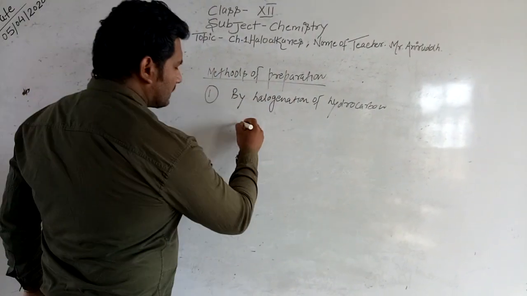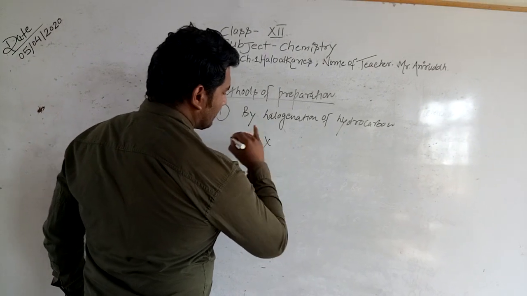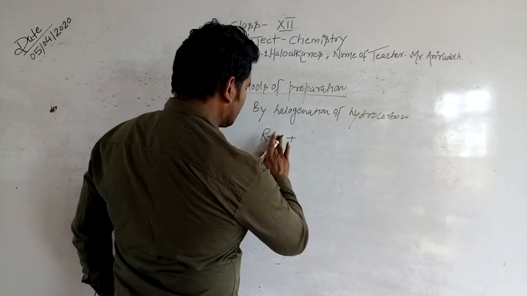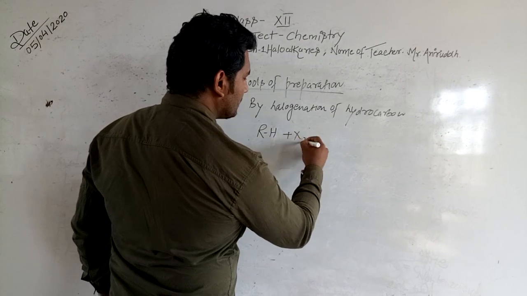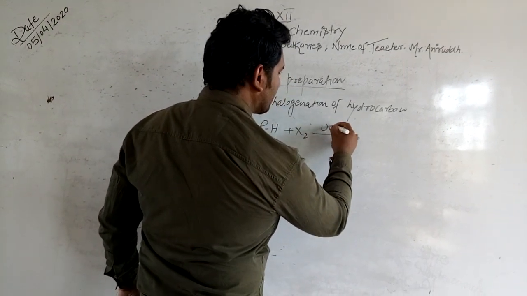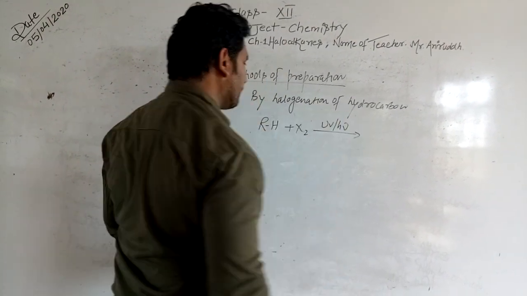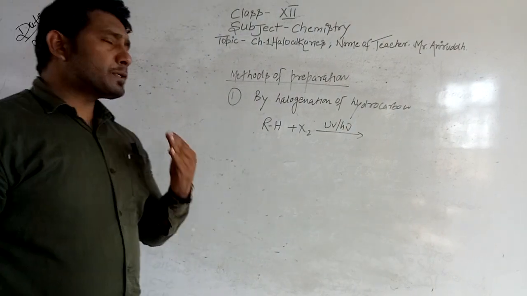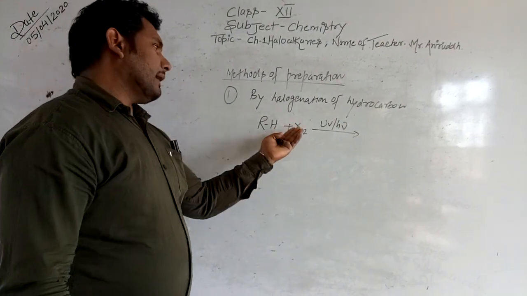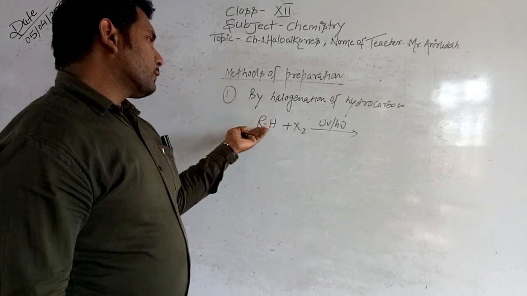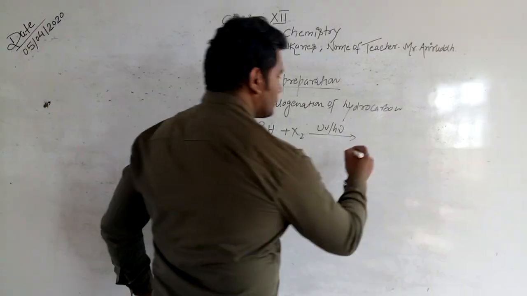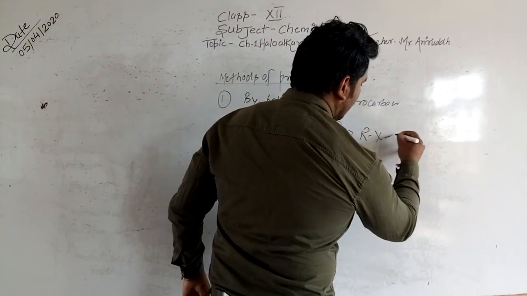Where a hydrocarbon like an alkane is treated with a halogen in the presence of UV light or heat, what will happen? A substitution reaction takes place, and the halogen atom is going to substitute the hydrogen to give RX, and HX